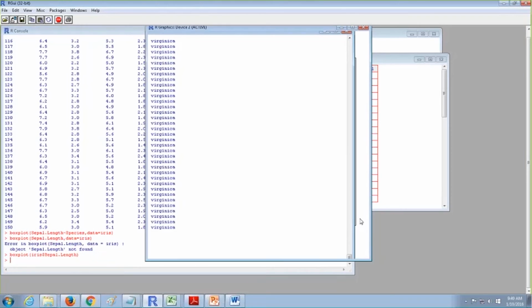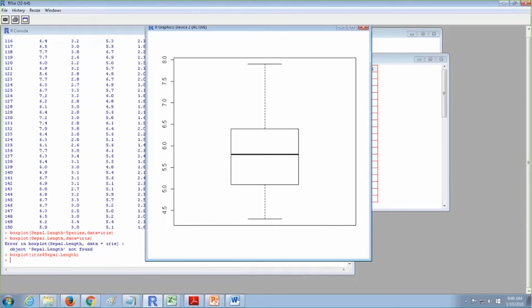If I make this box plot, I don't see any outliers, because when I take the complete data set, I don't find any outlier. Whenever I do it based on species with another column, I was able to figure out one outlier in a particular species.